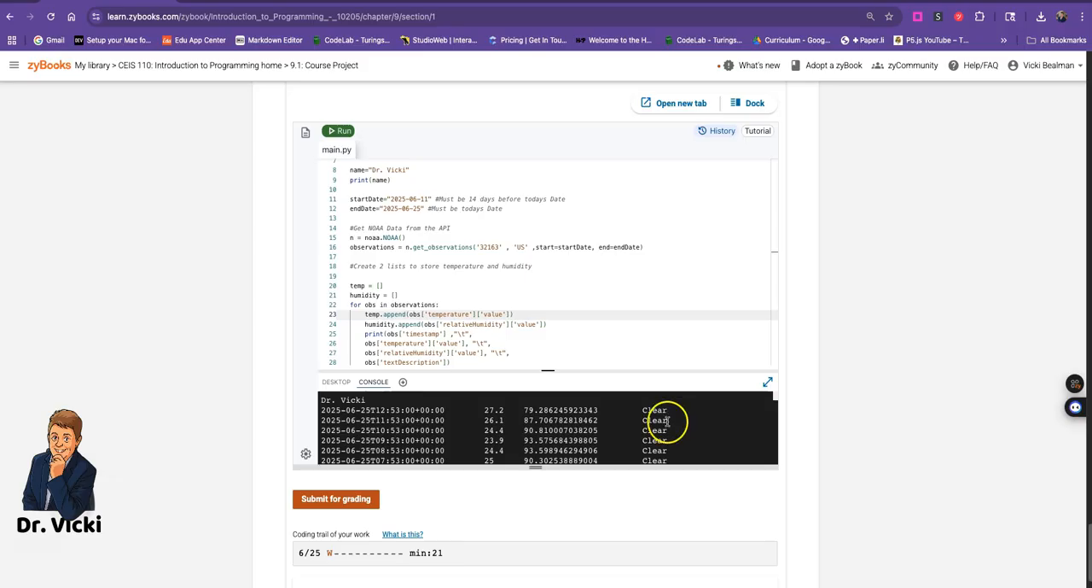Okay? So then it shows you the previous 14 days from today's date, which we put up here as the 25th, down to the 11th. Okay? Because we're getting 2 weeks. Down to the 11th, right here. It's going to tell us